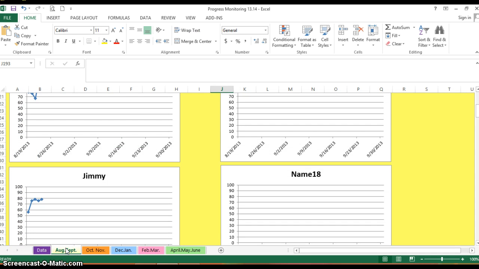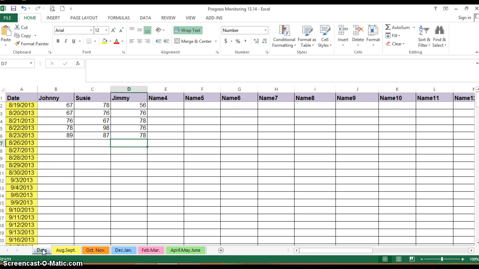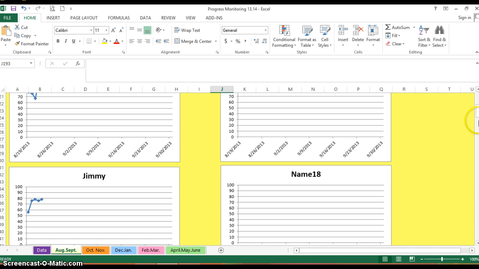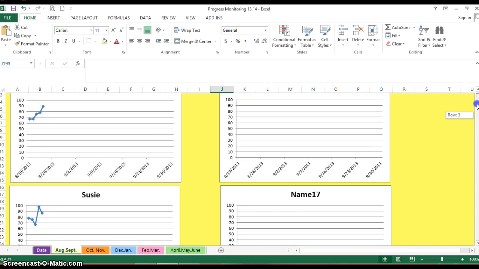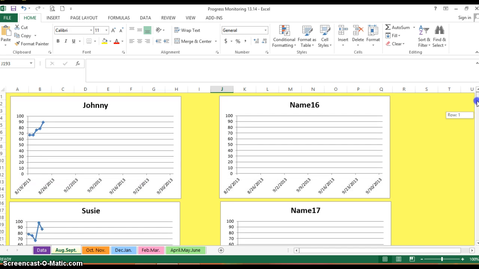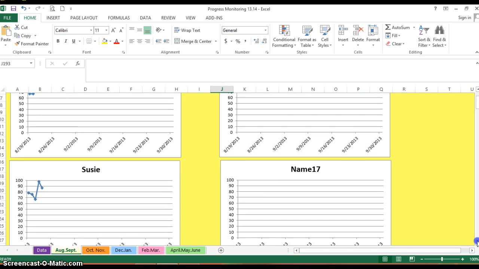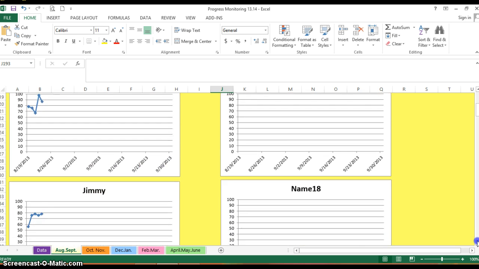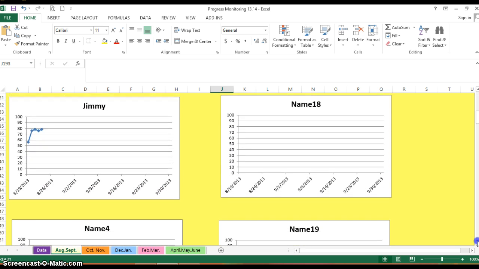So all you'd have to do is click on the... Again, I'm going to go back. We were in the data sheet. We entered data for the month of August. So I'm going to click on the August and September tab. I get a little bit excited and move quickly sometimes. So you'll notice that the data in graph form automatically populated for you. You've got Johnny's data, you've got Susie's data. If you scroll down, you'll see that you have Jimmy's data as well,